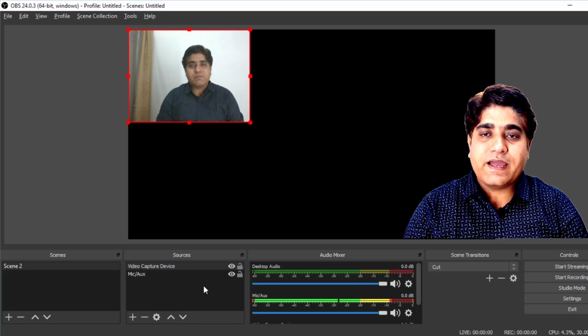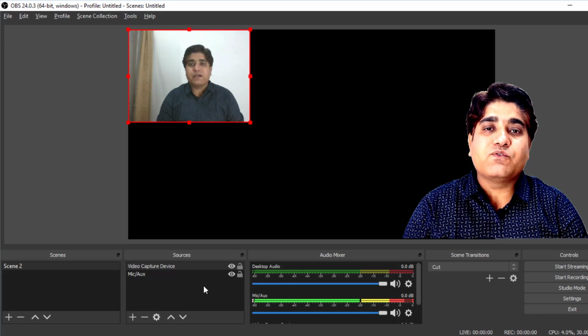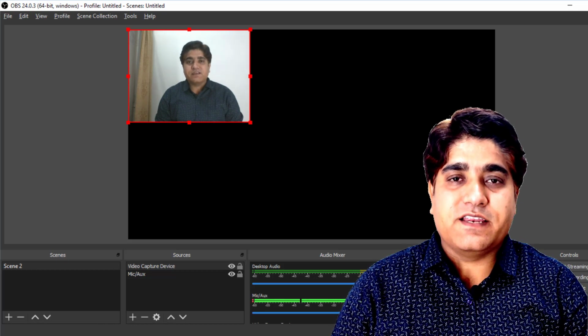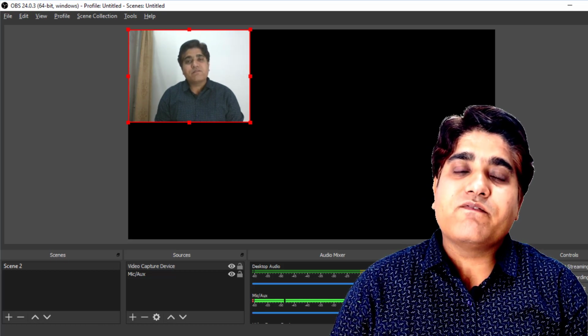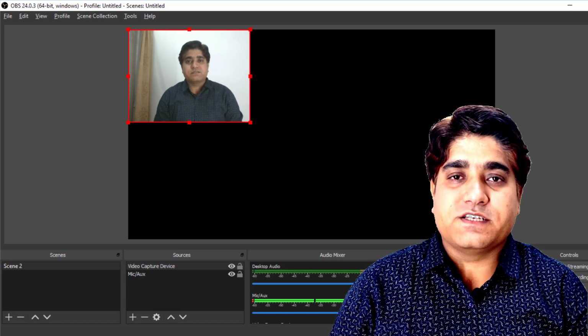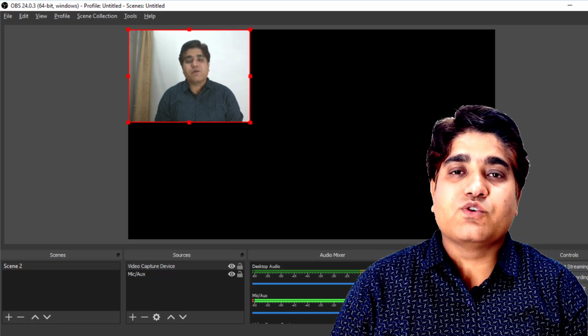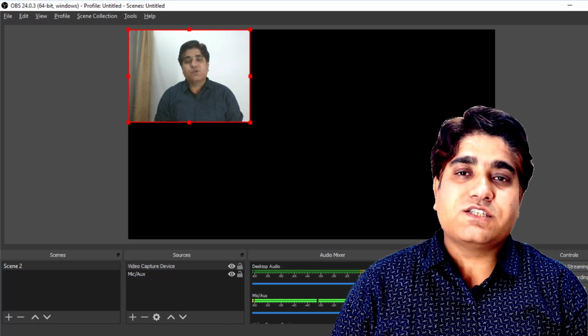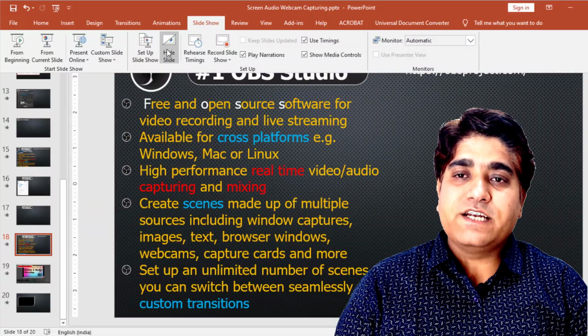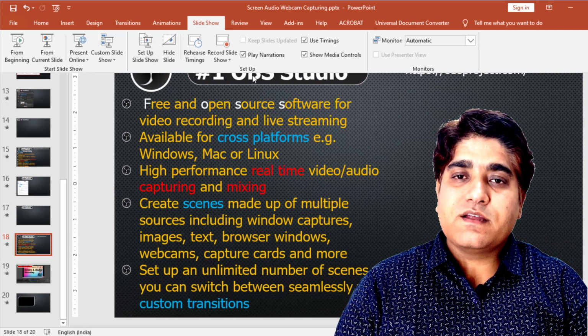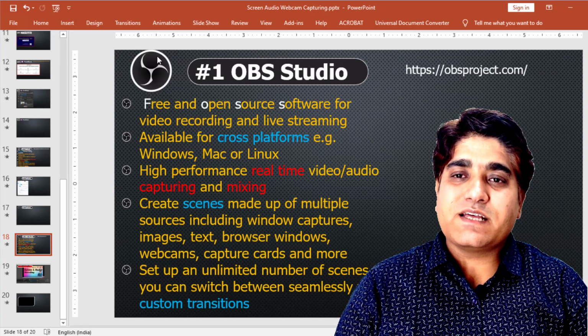After adding the mic and my web camera, now I have to add my PPT screen as an input to our recording canvas. To add the PPT as a screen, we have to do a very important configuration. We have to set a parameter in Microsoft Windows PowerPoint. So just look at that. On the Slide Show tab, there is an option in the setup, Set Up Slide Show.